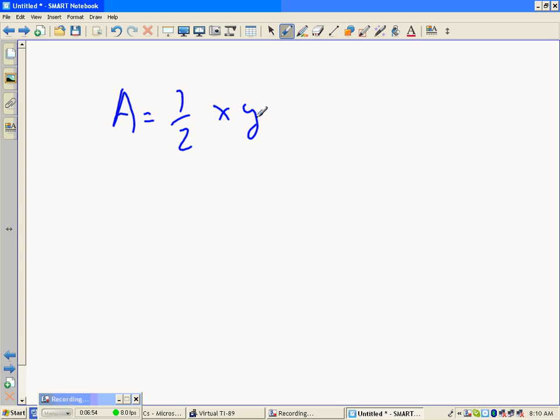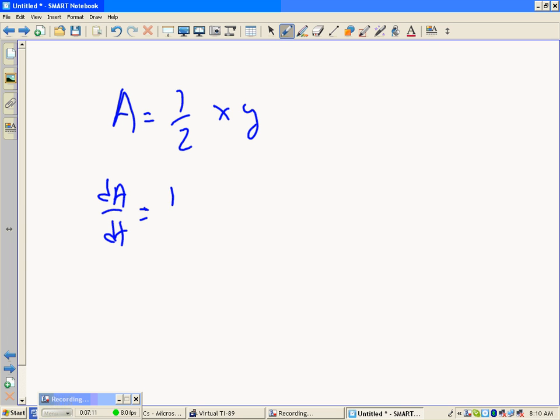X is increasing, y is decreasing. So these are both functions. So you're going to do what? How do you differentiate this? Product rule, chain rule, fun stuff, right? So what's the derivative of this with respect to time? dA/dt